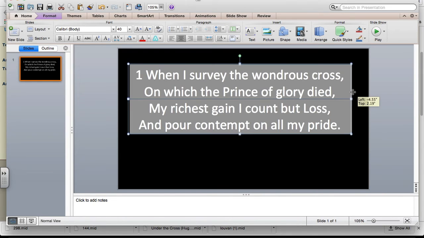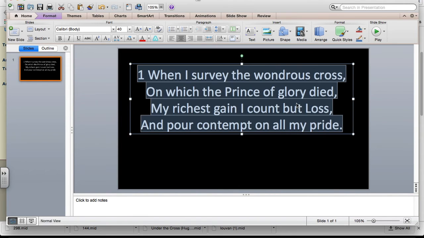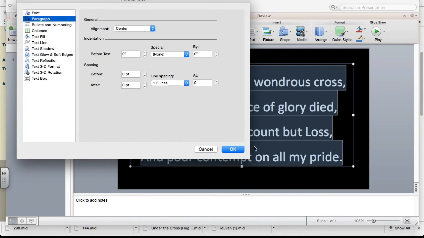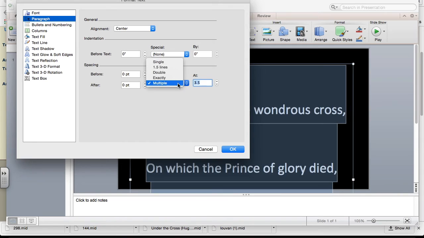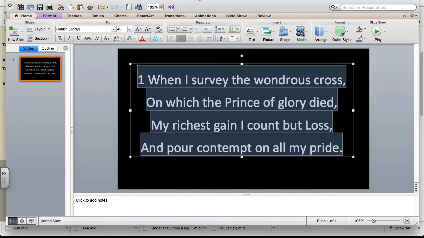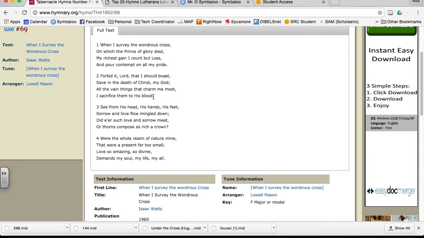And then we want to make it look good too. And so I'm going to highlight, go to paragraph, and since there are only 4 lines in this one, I could probably go to 1.5 spacing to look okay. Otherwise I'd go to exactly and put in exactly, nope, not multiple, exactly the size that I want. In this case I'd probably go with about 65 or so. That looks good. Okay, so then I'm going to duplicate and verse 2,